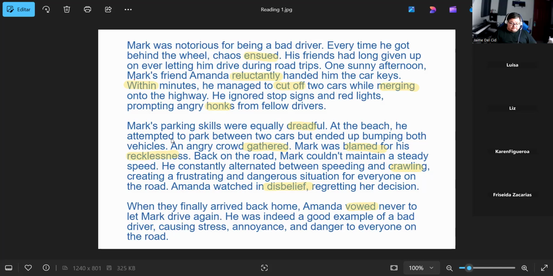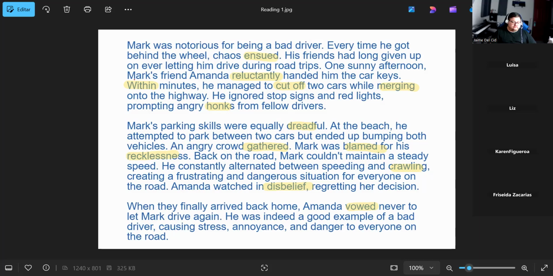Mark's parking skills were equally dreadful. At the beach, he attempted to park between two cars, but ended up bumping both vehicles. An angry crowd gathered. Mark was blamed for his recklessness. Back on the road, Mark couldn't maintain a steady speed. He constantly alternated between speeding and crawling, creating a frustrating and dangerous situation for everyone on the road. Amanda watched in disbelief,